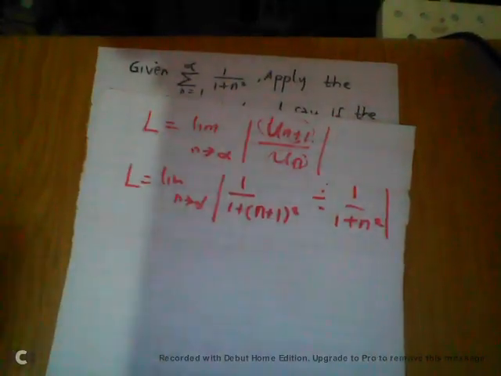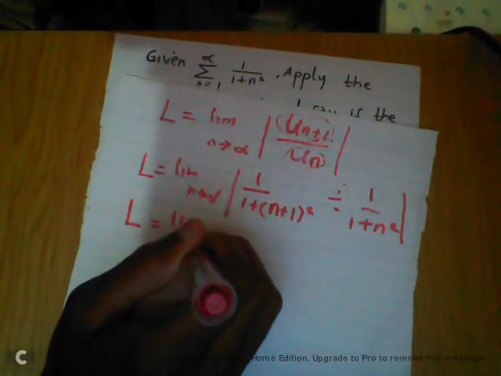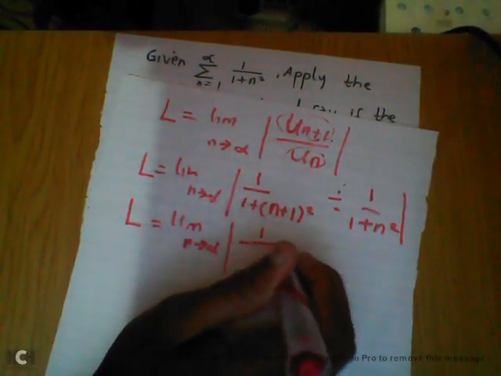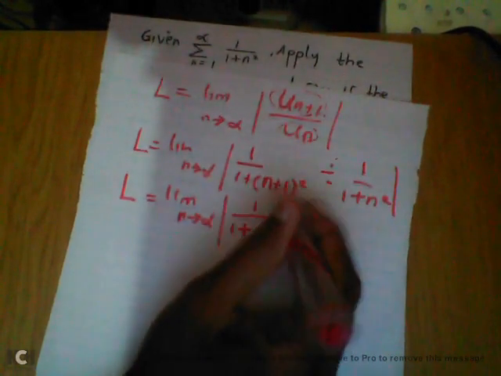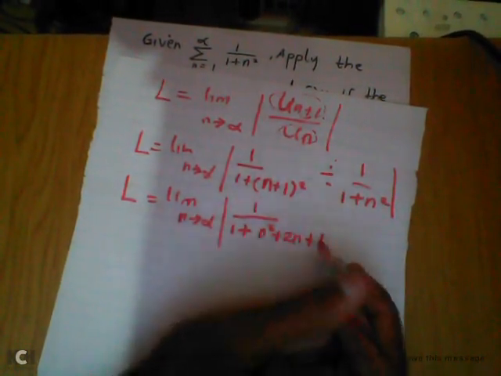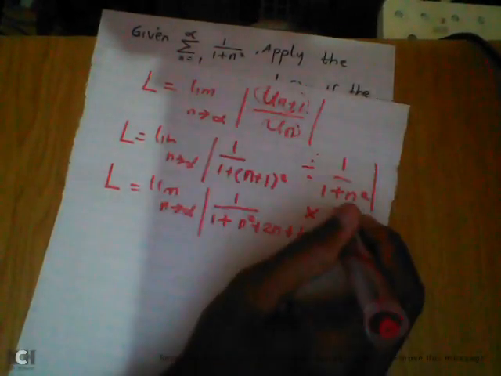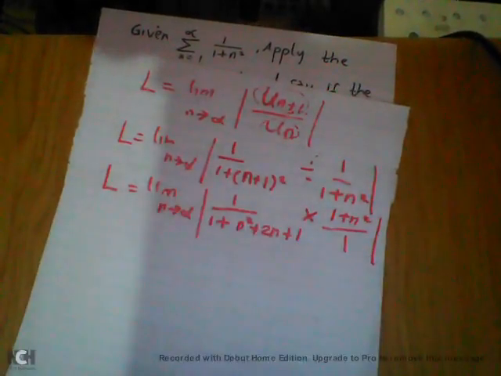can flip. So we're going to say L equal to limit n approaches infinity. And this is going to be 1 over, now we can put it in, 1 plus the square root of n squared plus 2n plus 1, and then we're going to flip it, so it's going to be 1 plus n squared over 1. Cool. So now we see our L equal